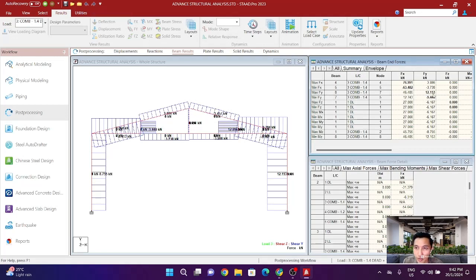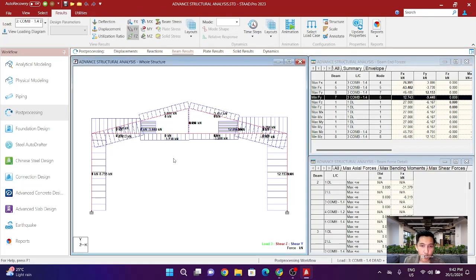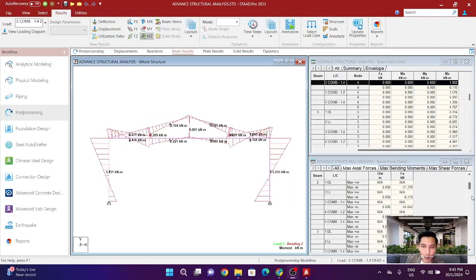Sorry, the max is 12.153, and the minimum is negative 9.440. So this is the behavior of the shear force diagram. So we move to the bending moment diagram. So this is the bending moment